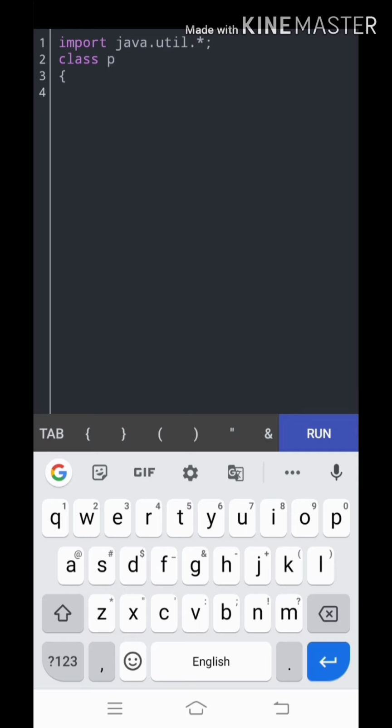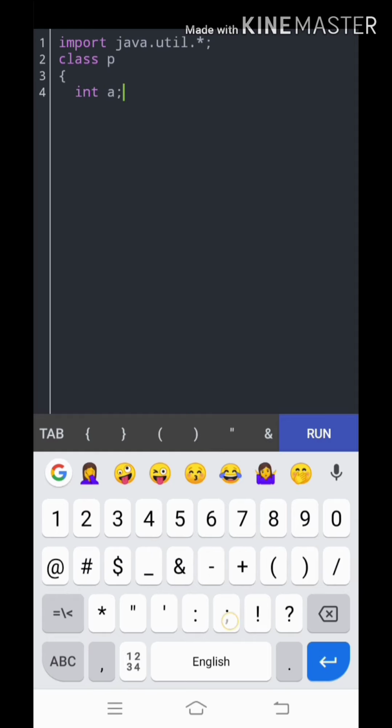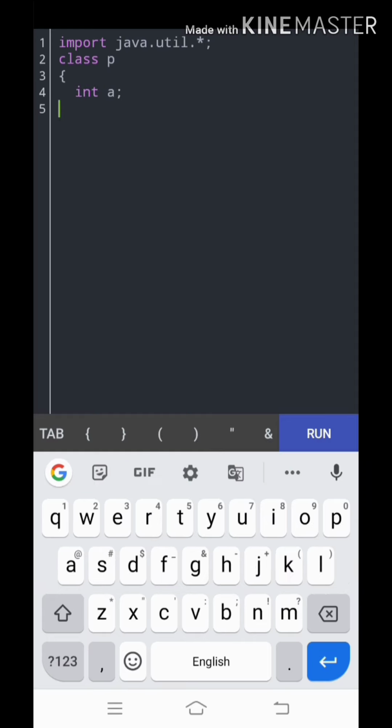For that purpose we will use an instance variable. Now I am going to take a variable int a. What we need to do is call this variable inside the main function.